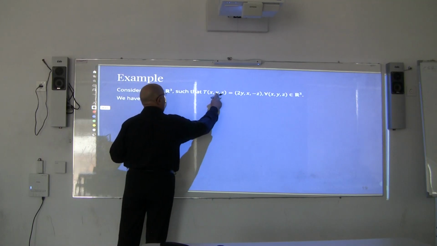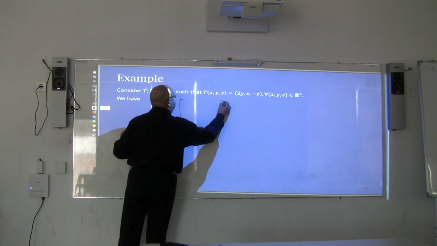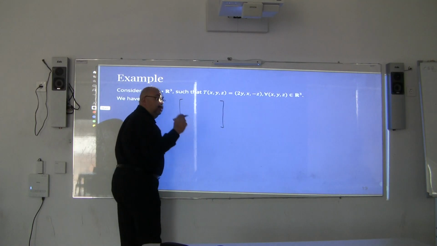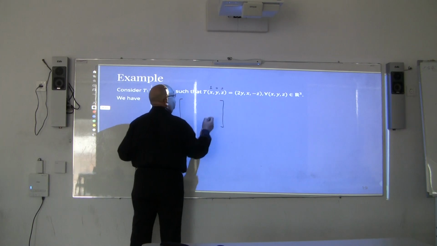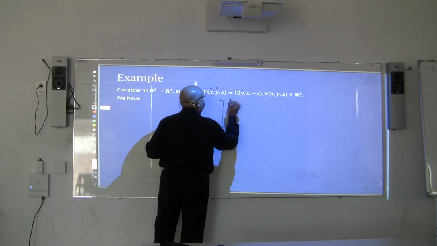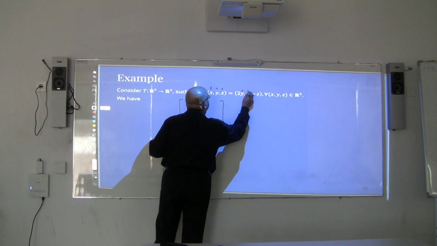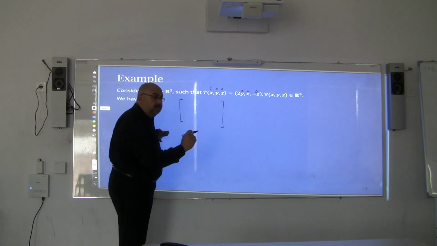I will use 1, 0, 0. Here's the transformation matrix. I can evaluate it very quickly. I will use 1, 0, 0. So if I use 1, 0 and 0, let's do it together. The y will be, the x will be, the z will be. So the image of 1, 0, 0 will be,